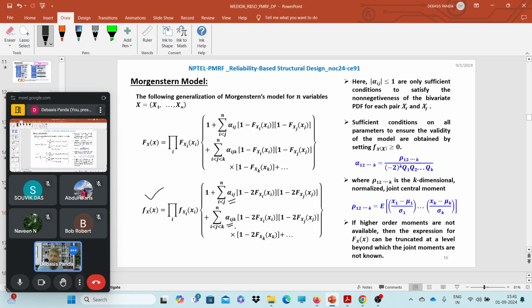So obviously the question will come: alpha ij, I can find out as rho ij by 4 q1 q2, we have seen. For ijk, how can we find it out? So this formula is given like this. If we have k dimensions, then for this multivariate case also, we need to follow the criterion that our alpha ij, that means the value of the scalar multiplier, should be less than or equal to 1. So using this formula, we can see that alpha 1, 2, up to k, if we need them, that formula will come